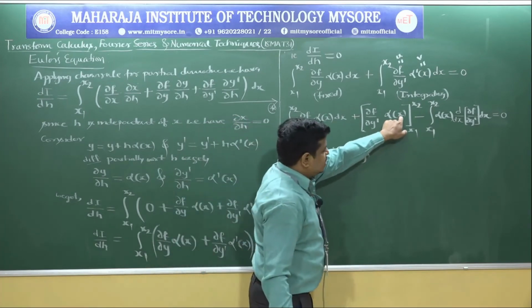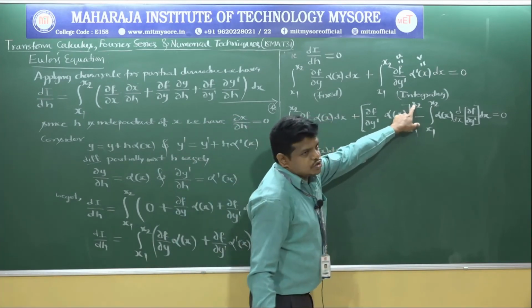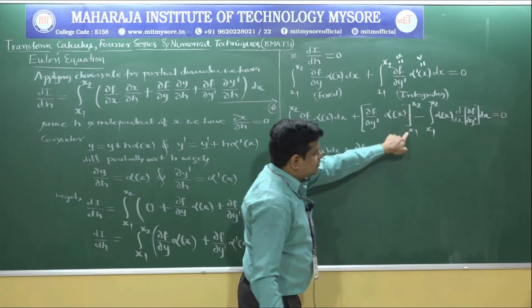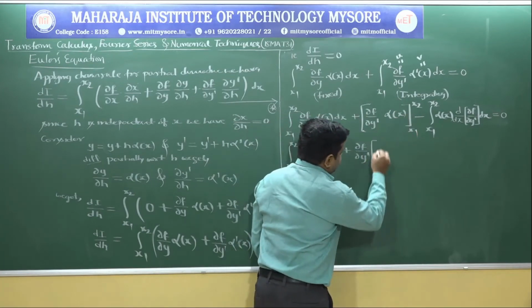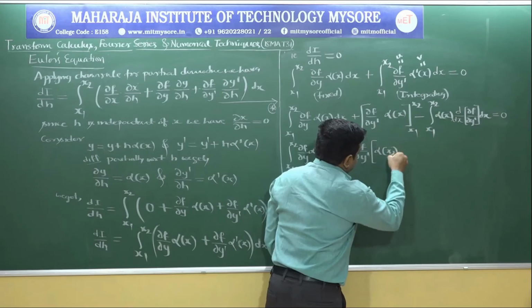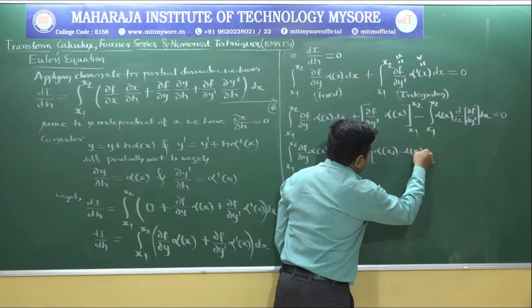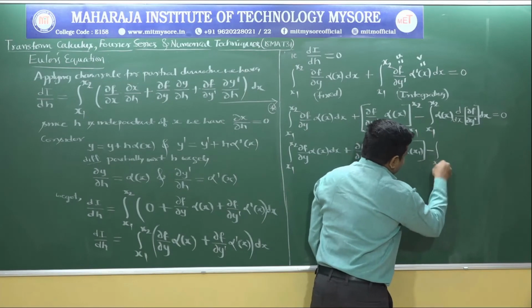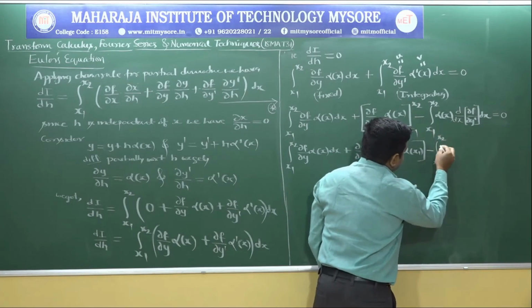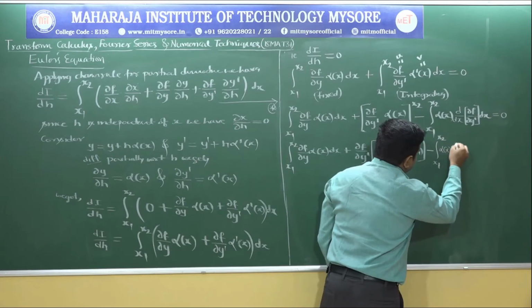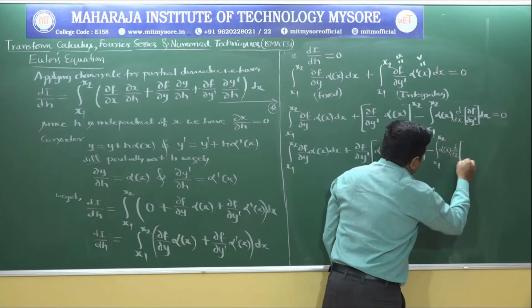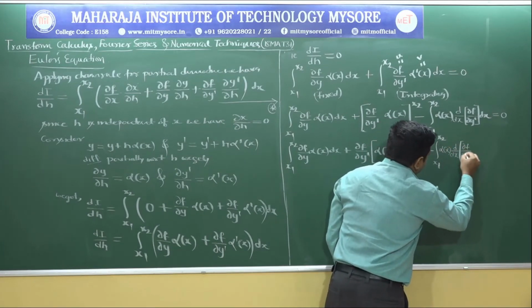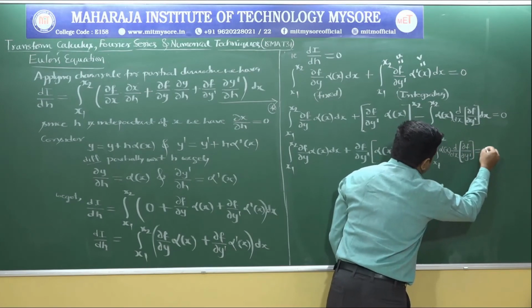Next we are substituting the limits, x equals x2, that is your upper limit, and when x equals x1, that is your lower limit. We get alpha of x2 minus alpha of x1 minus the last integral, which remains as it is, that is x running from x1 to x2 alpha of x d/dx of ∂f/∂y dash equals 0.